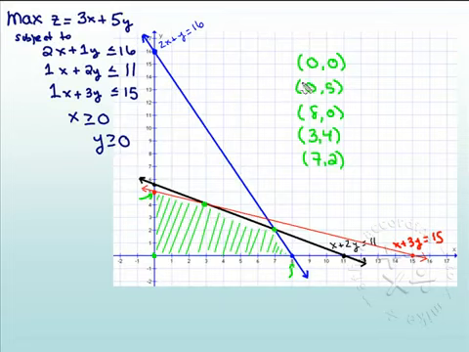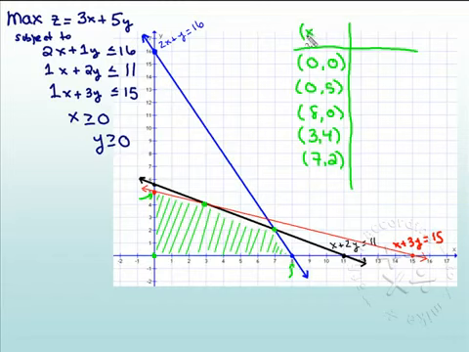To finish out the corner point method, now that we have our corner points listed, we're going to make a little chart. Remember, this is x comma y. Always, always. Actually, that is one of the most common mistakes while doing the corner point method. Students have been known to switch their coordinates, and that changes the whole problem. So please be careful with that. And then next to this, we'll write our objective function, z equals 3x plus 5y. And now we put in these coordinates. We'll put in 0 for x and 0 for y. So we'll have 3 times 0 plus 5 times 0